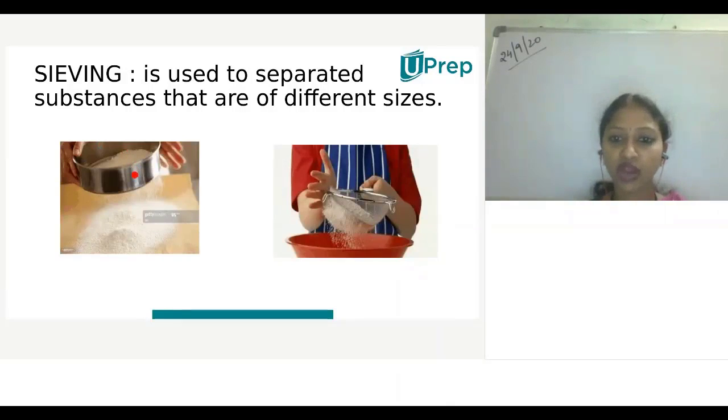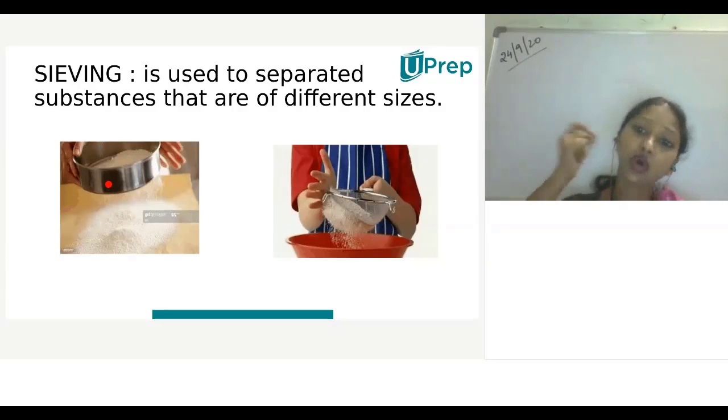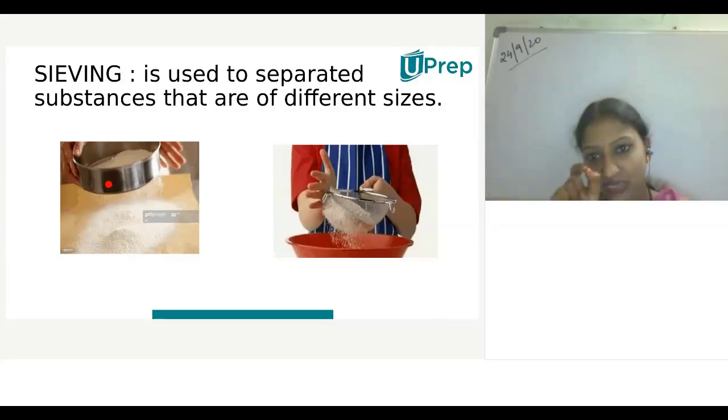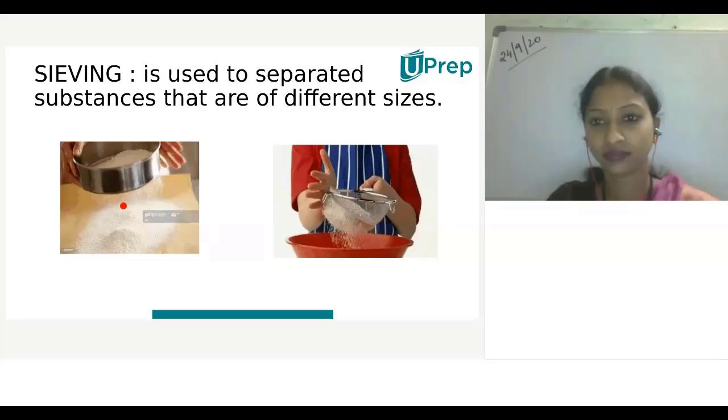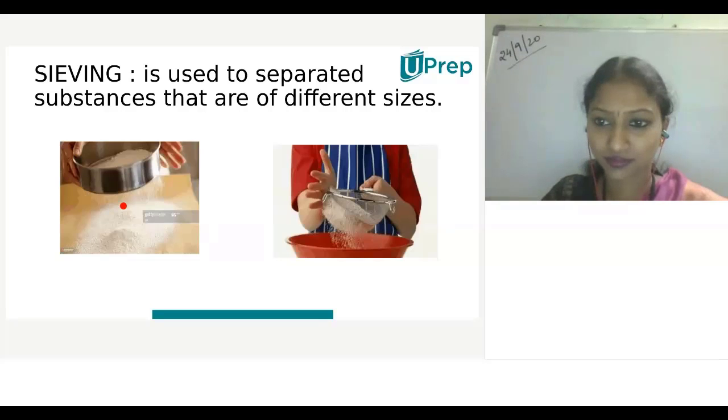When we separate flour, if very small particles are present in the flour, along with the flour, if heavier particles, that means bigger size particles, are present, then we need to select the sieving process. Like when we are removing the tea from the tea leaves, we are using a sieve, or we call it by another name.